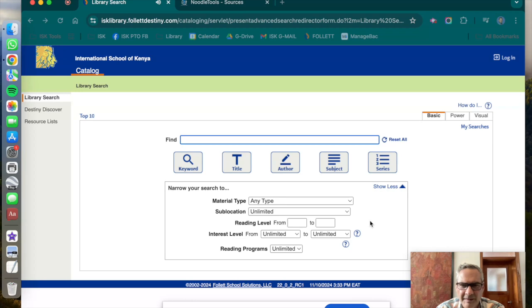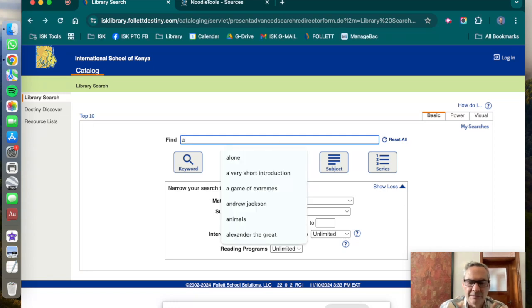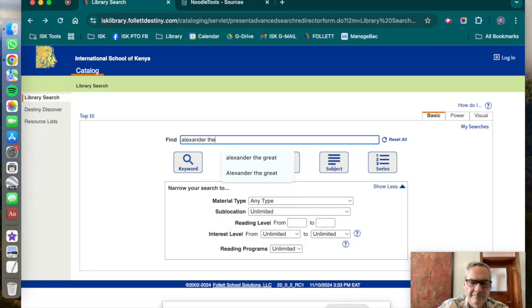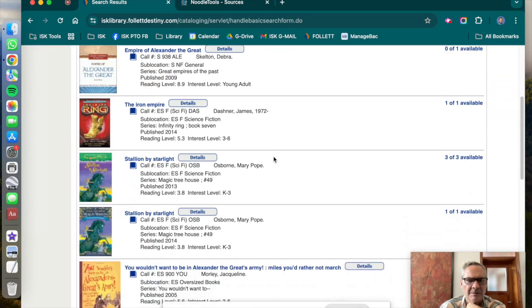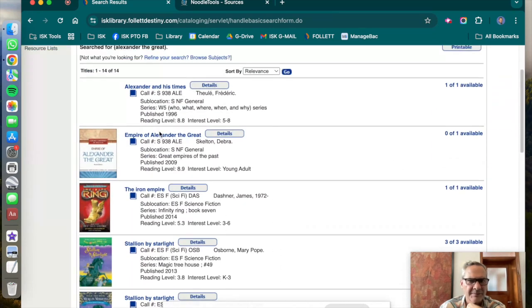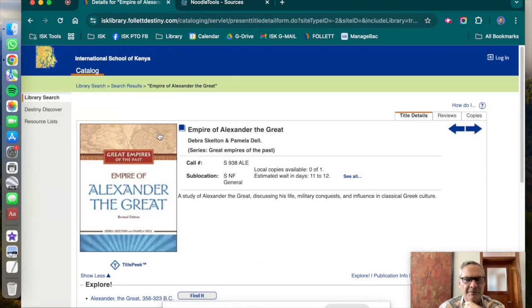All right, next up we have books. So let's just say that you were trying to do a research paper on, let's just say, Alexander the Great, and you wanted to see what we had in our library. Do a subject search. Look through what we have, and let's just say, for example, that this book was very, very useful,